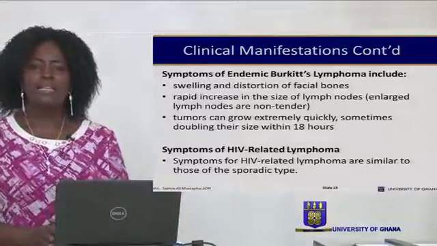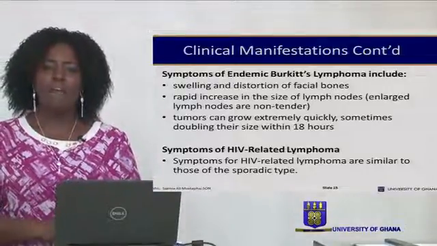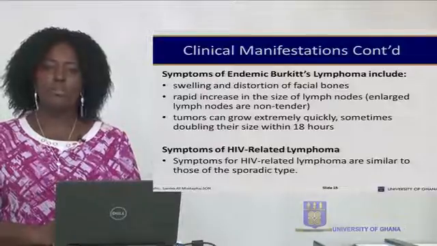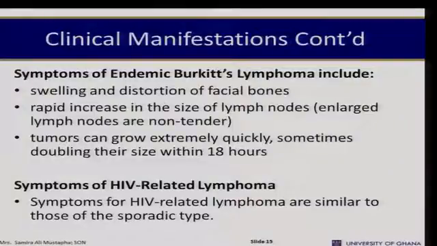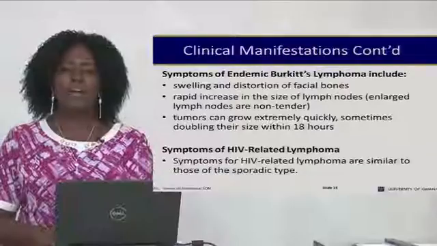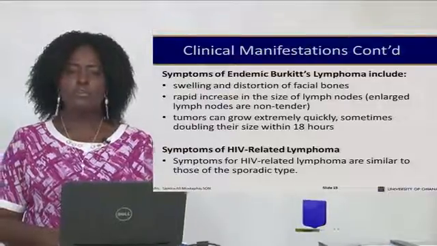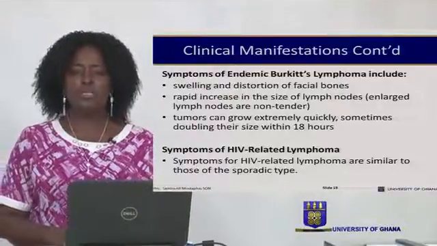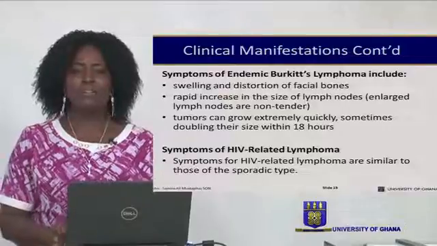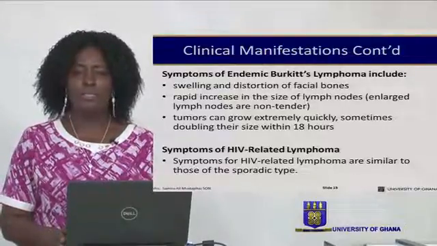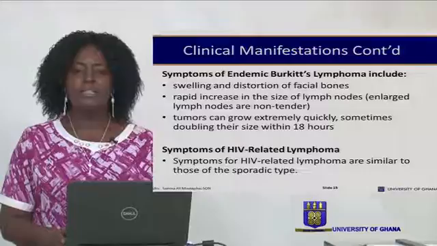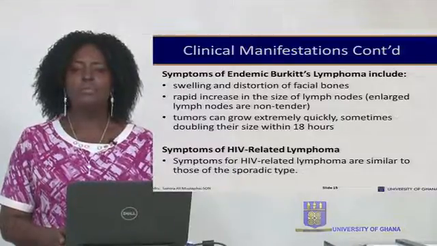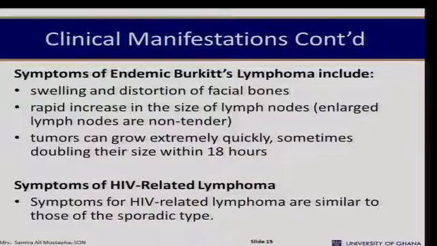Also, in the endemic form, as we have in Africa, we said there is distortion of facial bones. The tumor grows rapidly and sometimes may increase faster. It is believed to be one of the fastest growing tumors that replicates itself in less than 24 hours. And in the HIV form, the symptoms are related to the HIV condition and